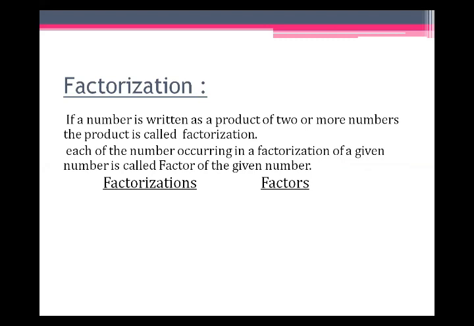First factorization: here we write 30 is equal to 1 multiplied by 30. So in the form of a product, this is the factorization. And 1 and 30 are the factors of this factorization. Here, students, we also write 30 is equal to 1 multiplied by 2 multiplied by 15. Okay, here is the factorization, and in this factorization 1, 2 and 15 are the factors.